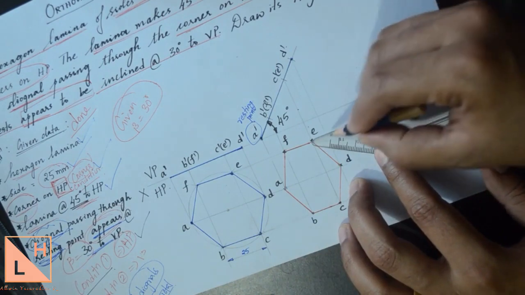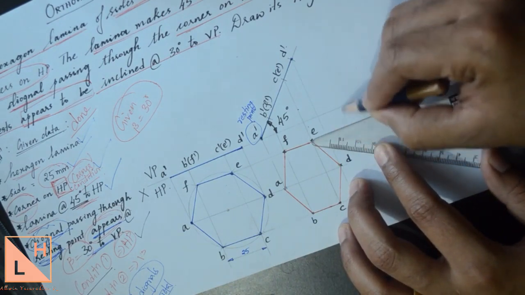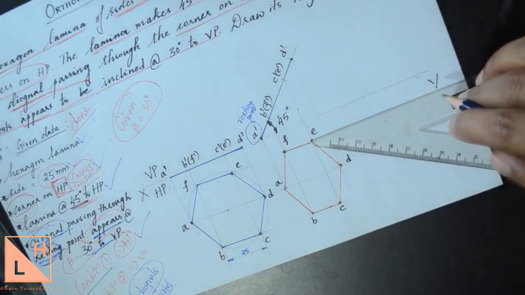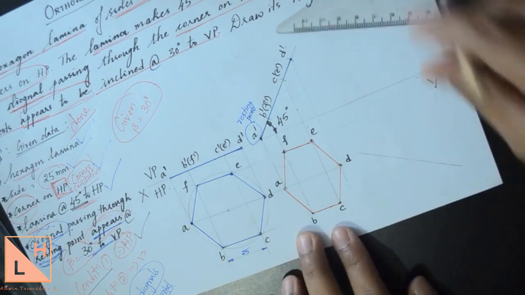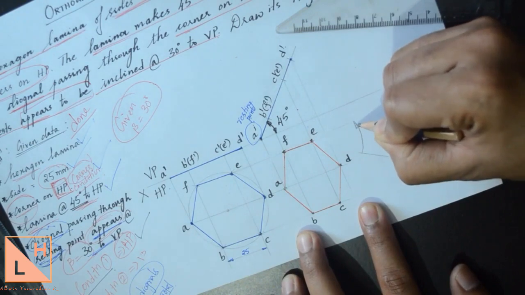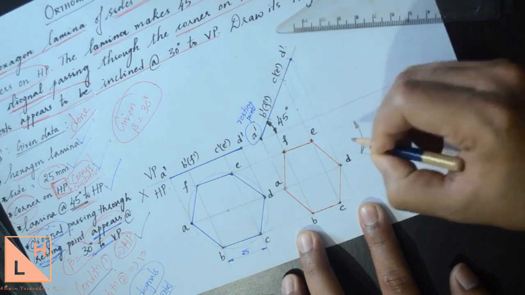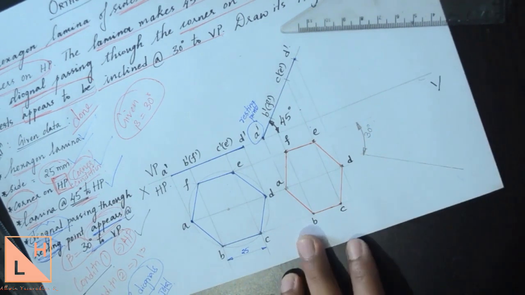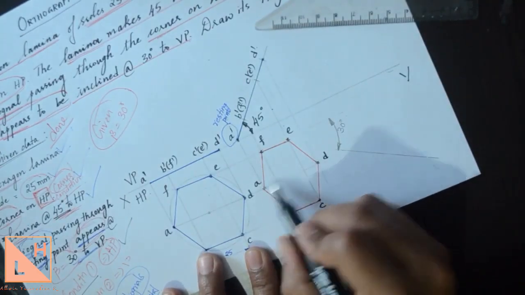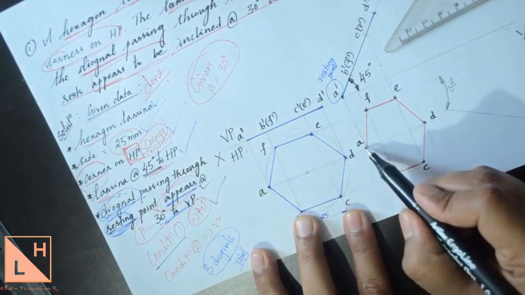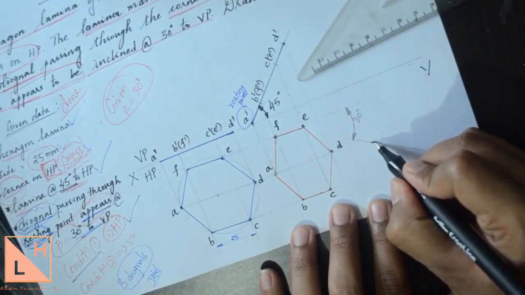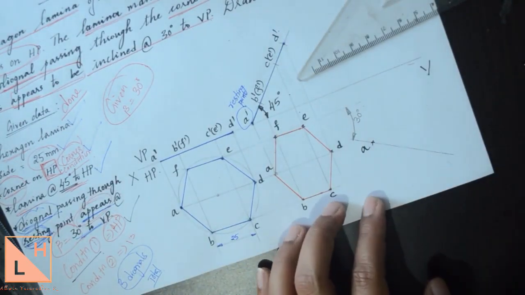It is not compulsory that you should make the 30 degree line touch the xy line. We can simply use a parallel line to the xy line and draw a 30 degree line. Mention it as 30 degrees. If it is 30 degrees to this parallel line, it is also 30 to the xy line. We need to place these points A and D on the 30 degree line because the problem says the diagonal passing through the resting point, that is AD.